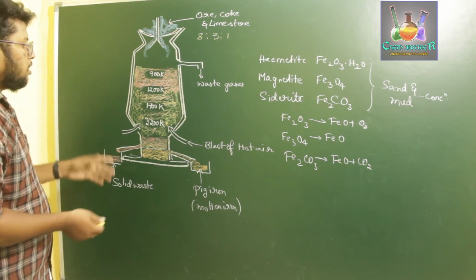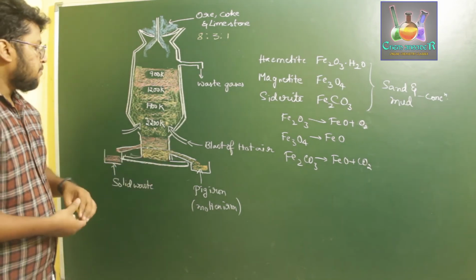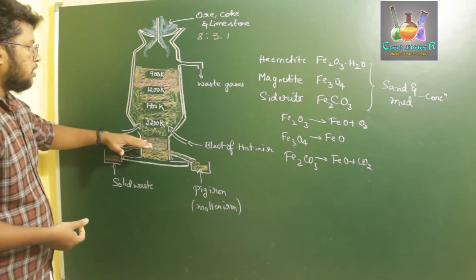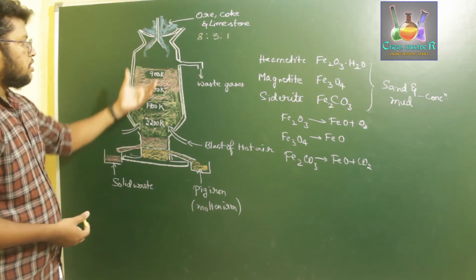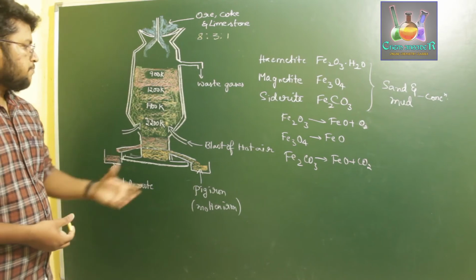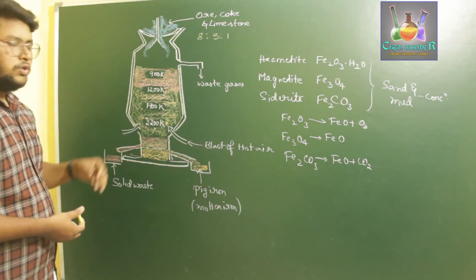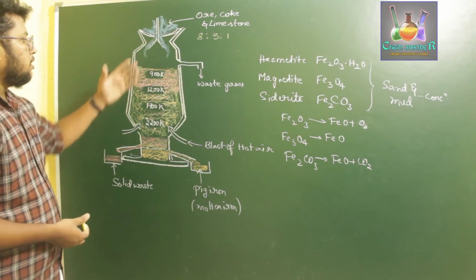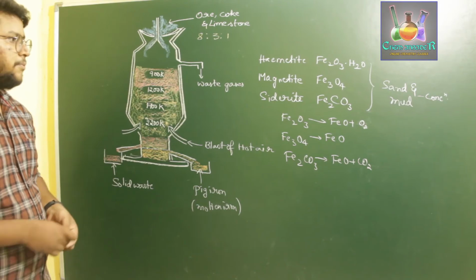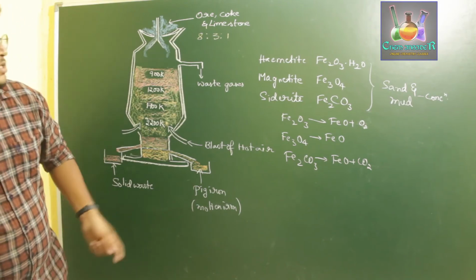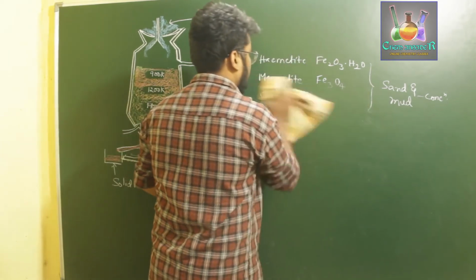In this chamber, we have 2 inlets of blast hot air. This hot air increases the temperature inside the blast furnace. Once the ore is introduced into the blast furnace, because of the very high temperature of the hot air, at about 2200 Kelvin, carbon gets oxidized or burnt away. So those reactions can be discussed now. The reactions which we observe here are